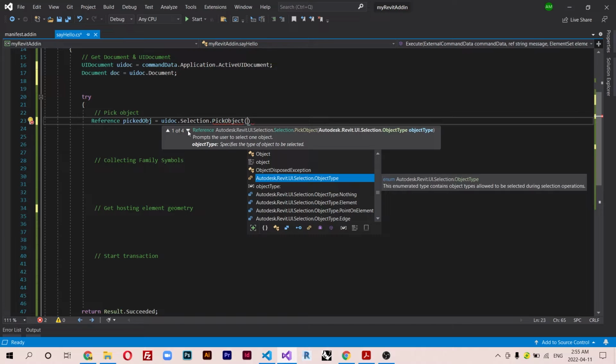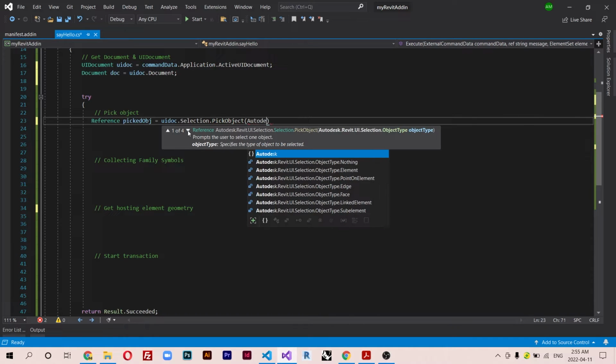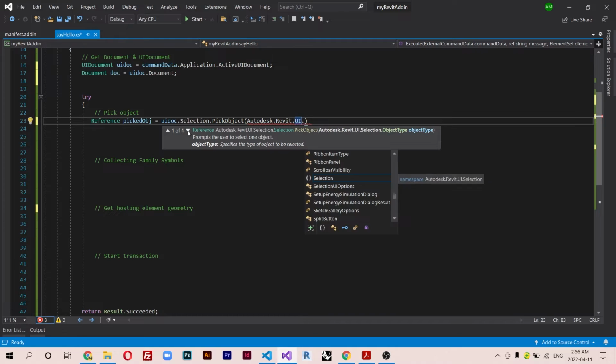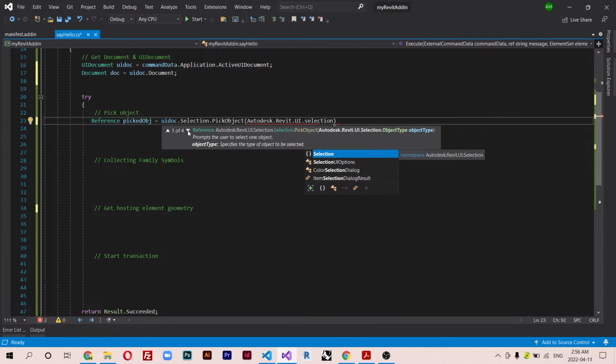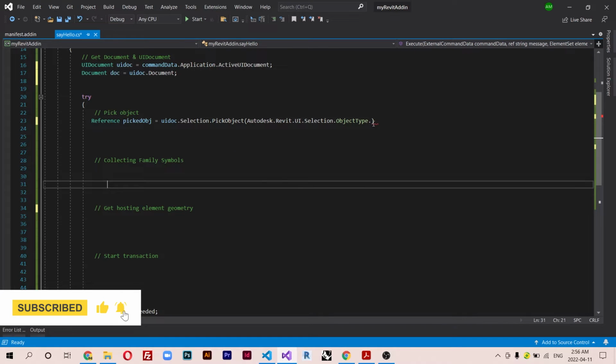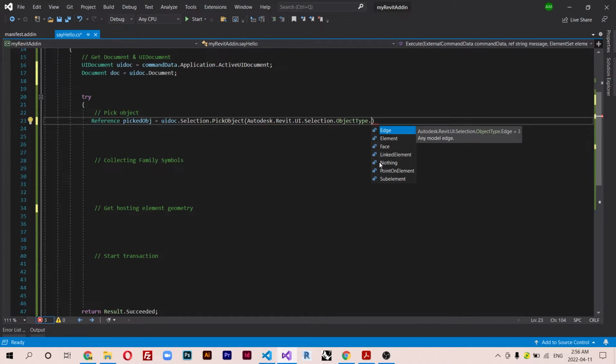So I'm just going to say Autodesk dot Revit dot UI dot selection dot object type, and this is an enumeration. We can select many things. You can select the edge, element, face, and many other things. So I'm going to select a wall to put a door in it. So the wall is an element. So I'm just going to click in here, and